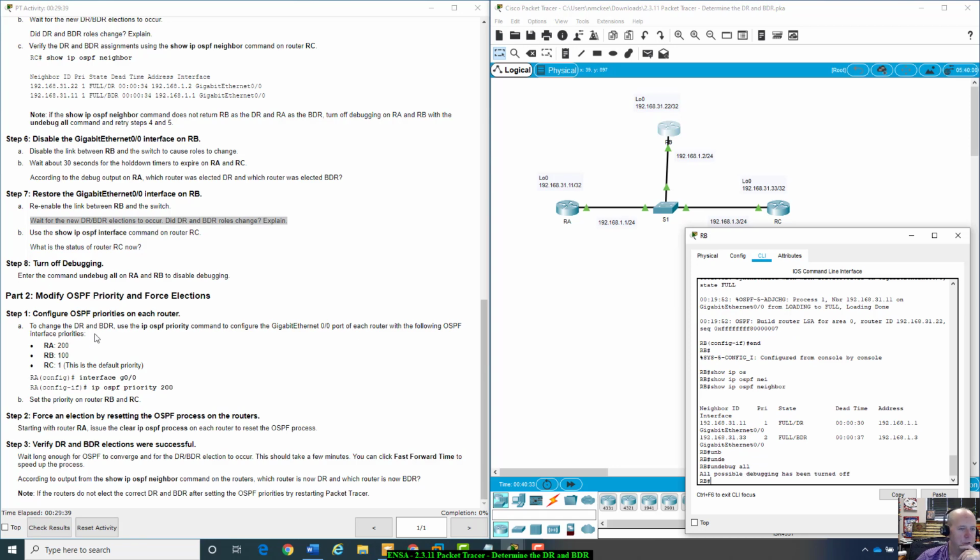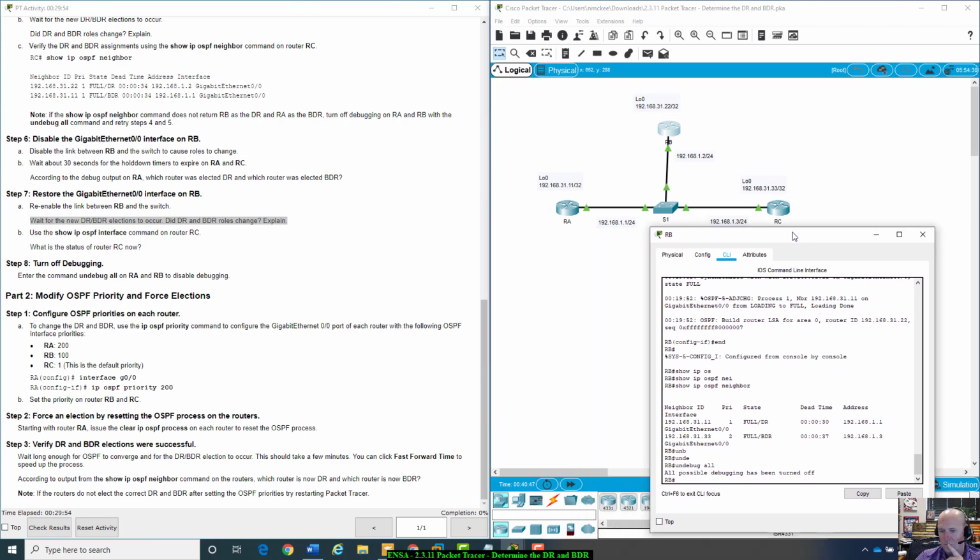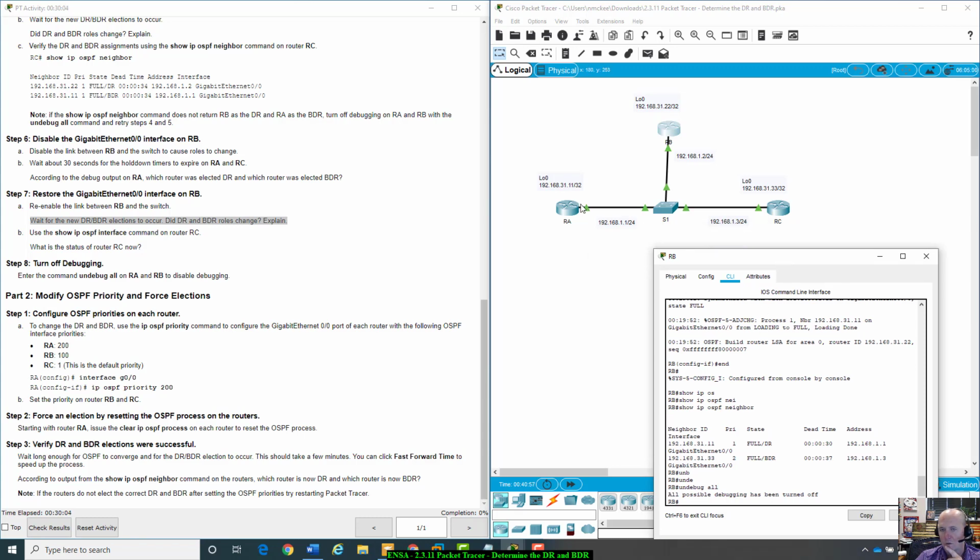So now we're on part 2. Modify OSPF priority and force elections. So configure OSPF priorities on each router. All right, you can see before we do this, priority 1 is on the DR, priority 2 is on the BDR. And if we went to, so A is 1, C is 2, B